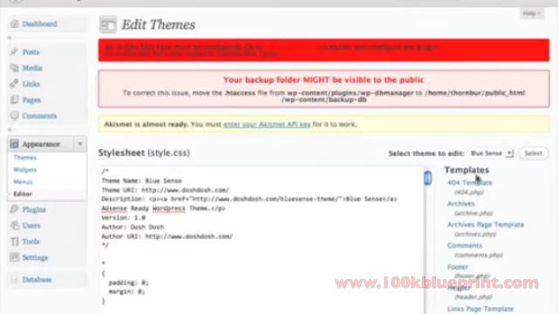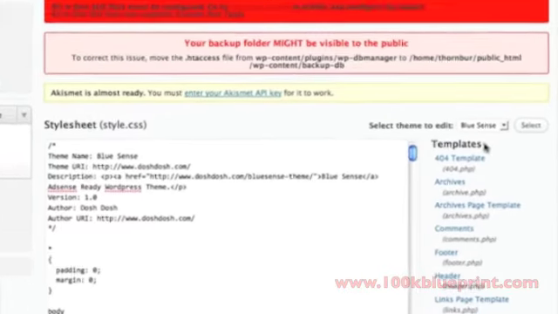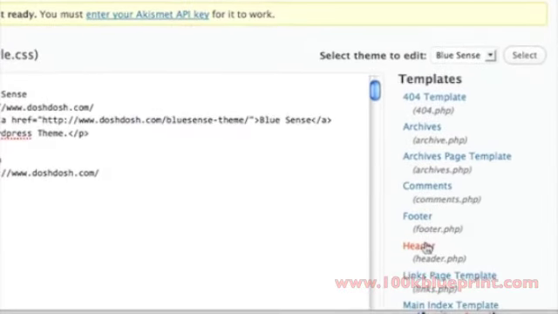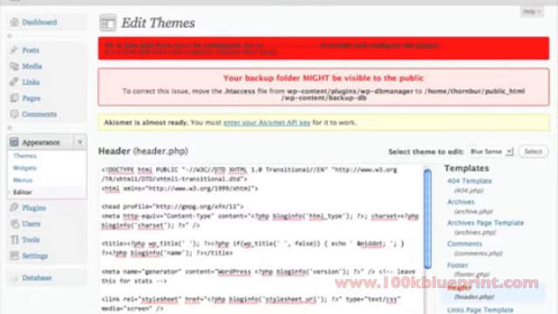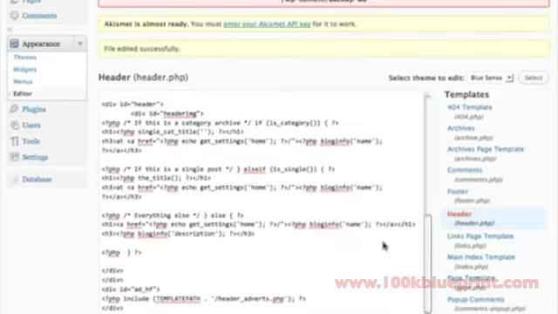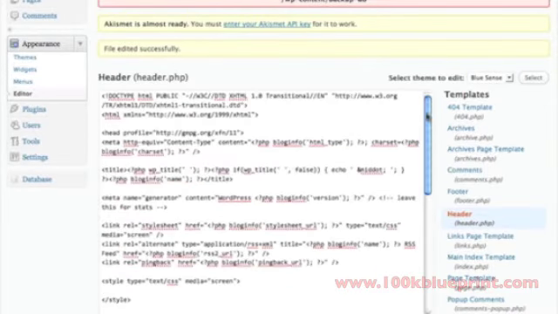Now on the right sidebar here under Templates, we're going to look for a file called Header. The header PHP file is where we're going to paste the script that we've just copied from Analytics. Click on Header. What we want to do at this point is find a specific section within this code to paste the Analytics script. If you take a look here at the top, you'll see the starting